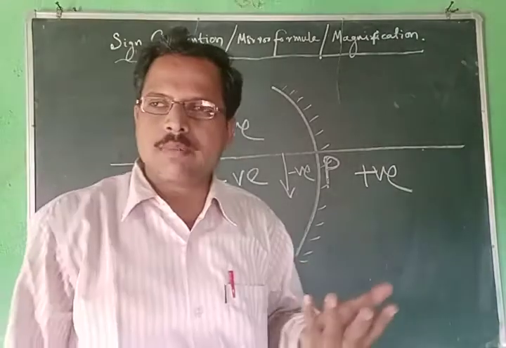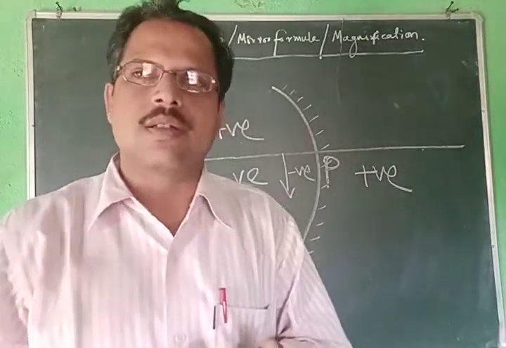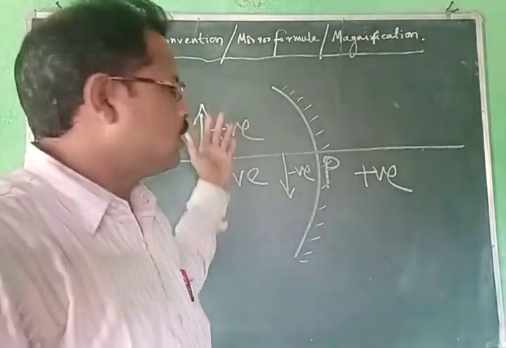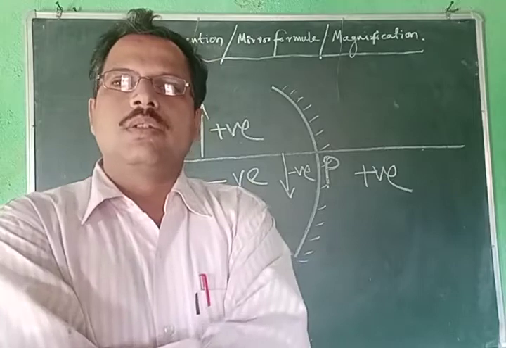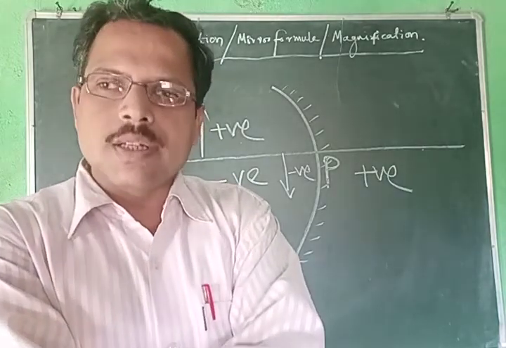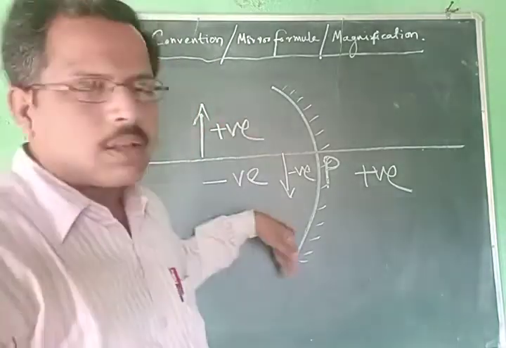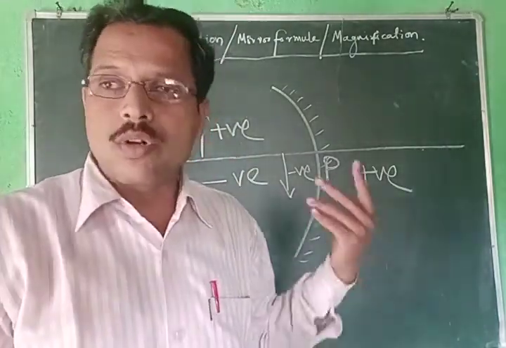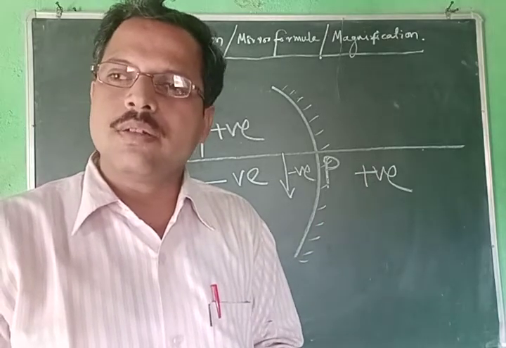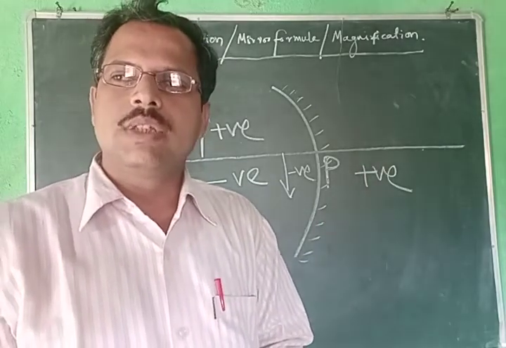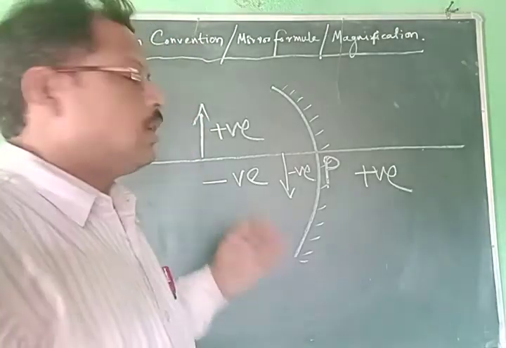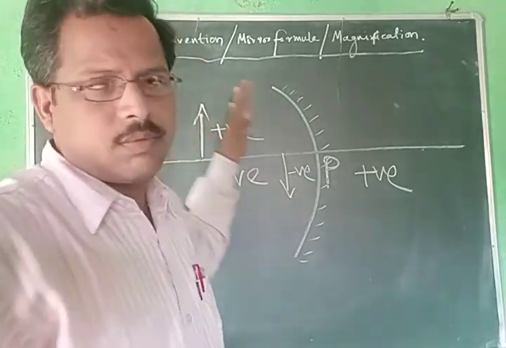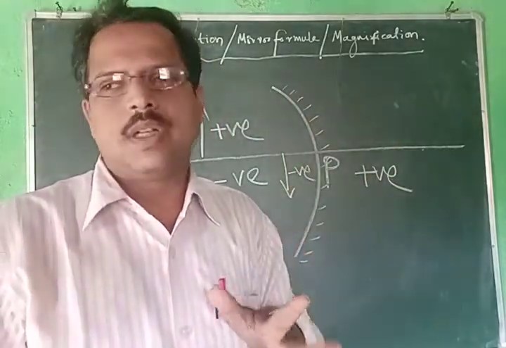Anywhere, if you are measuring object distance, positive, because we are measuring upward from the principal axis. And while going downward, suppose an image is formed in the case of a concave mirror in the front side of the mirror, then the height will be negative. So the height of objects or anything measured upward from the principal axis is always positive.